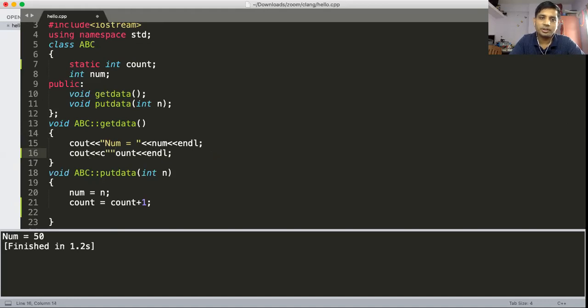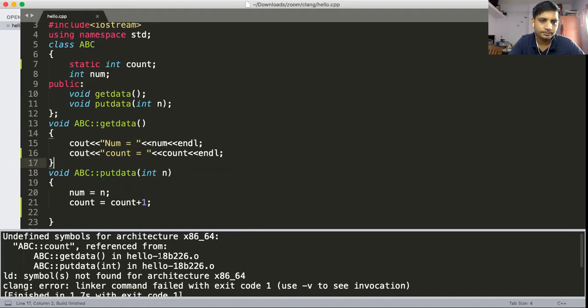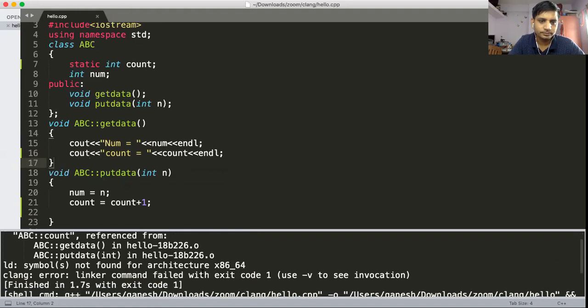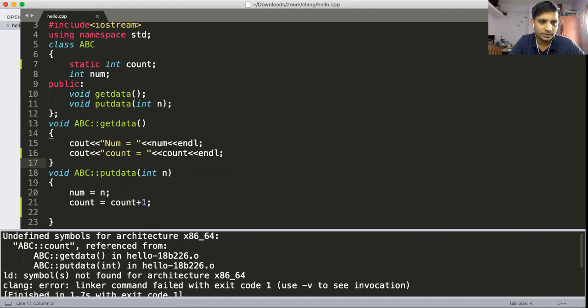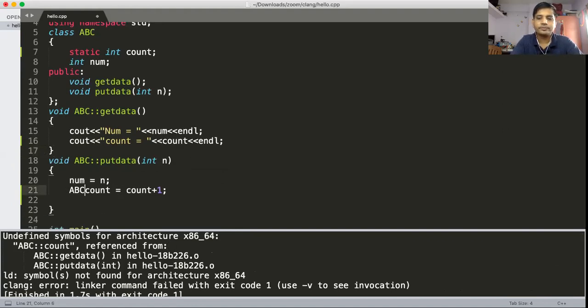Just here I'm putting count is equal to count. If I try to run this program, yes, there is an error. The count variable you can access by using the name of the class.